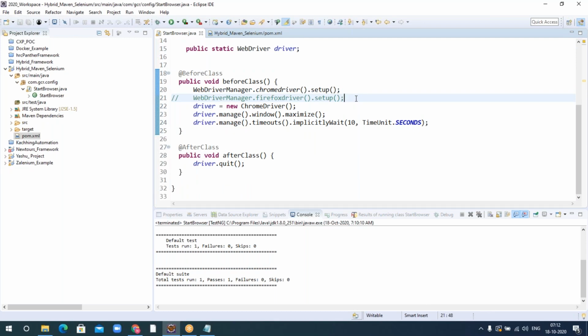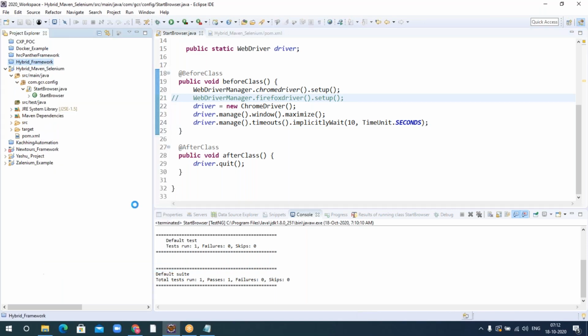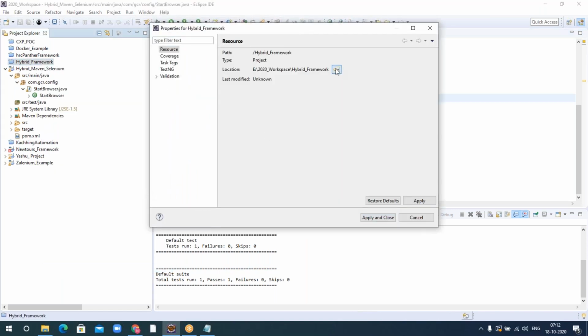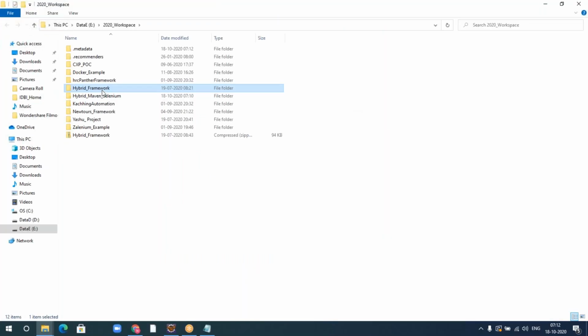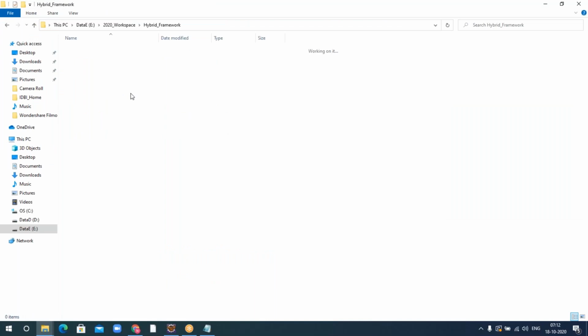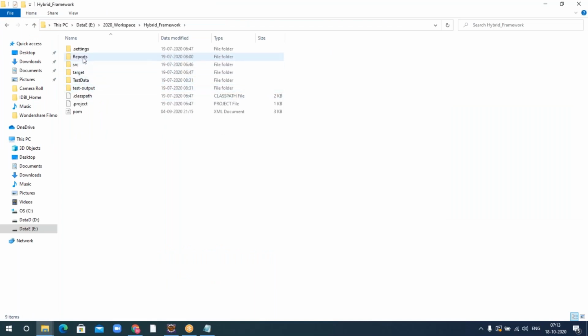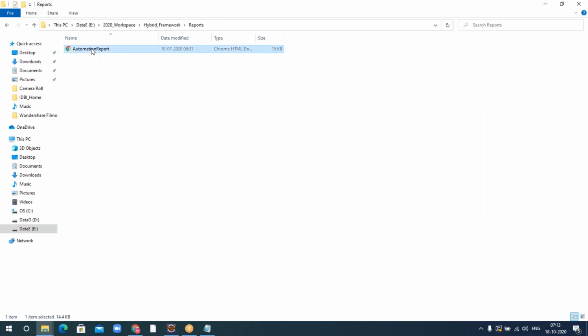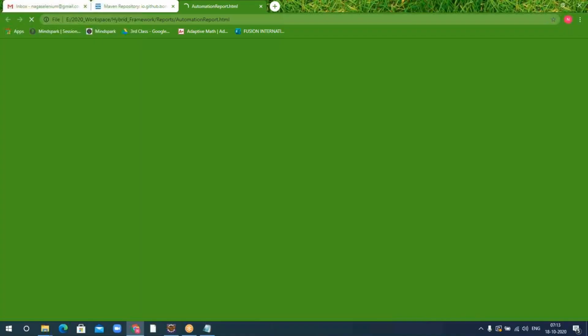And one more thing we need to do here is the reporting. As of now, you might not see any HTML reporting. Let me show you the report and how it looks once we are done with this.